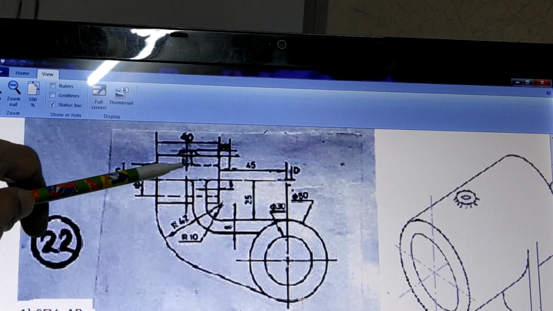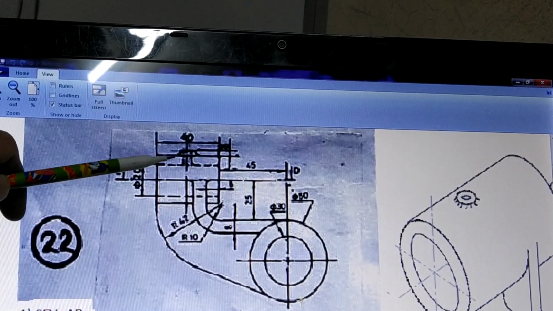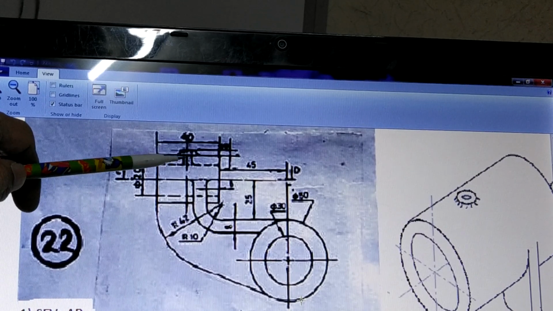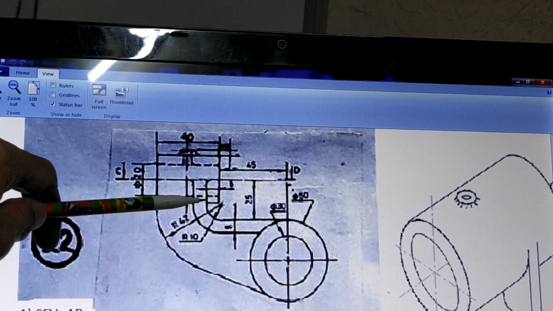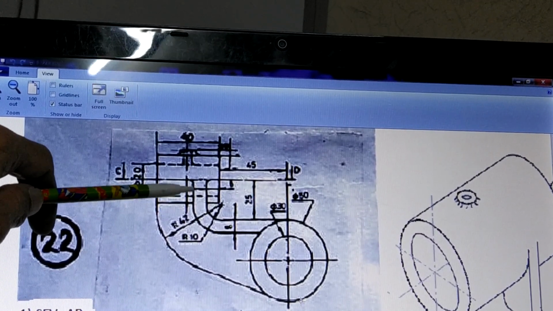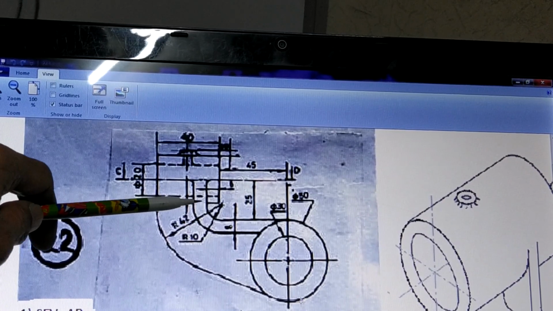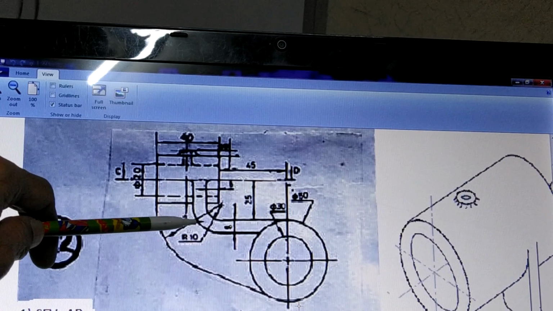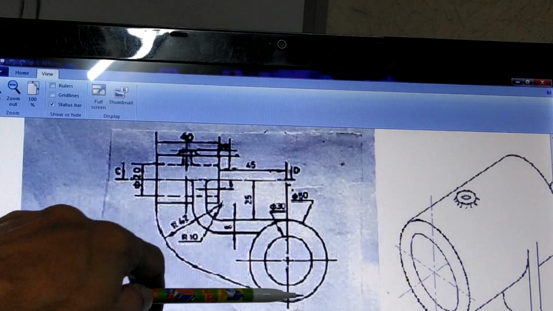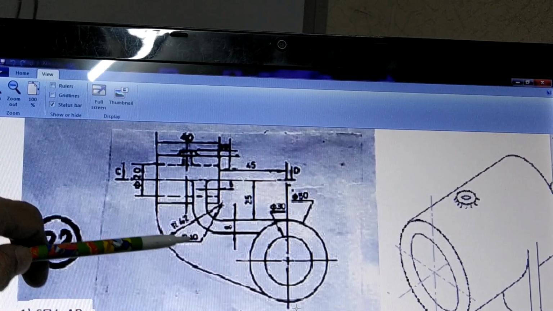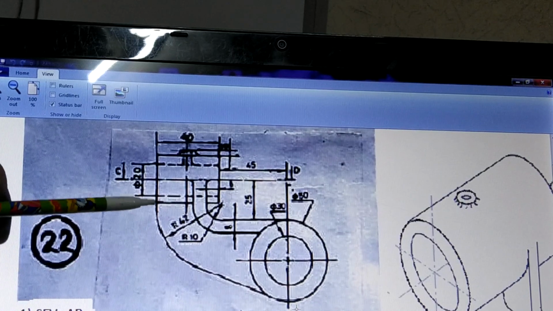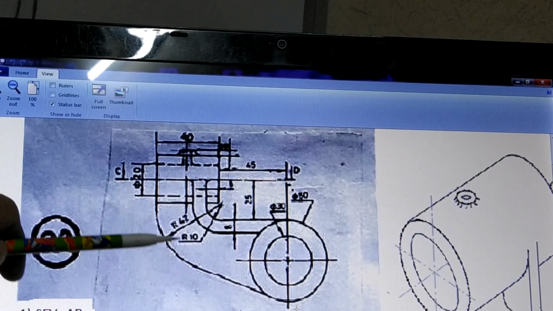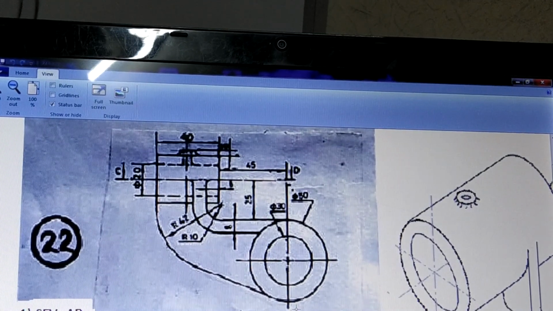Now when you do that, there will be section lines here by keeping some space for this hole. There will be again section lines here. This rib will go, this flange will go, it will start something like a T shape. So section lines will be here, and then the section lines will continue like this, and then they will continue in this place. There will not be any section lines into this rib because the rib is cut along its plane. So that will be your sectional front view.